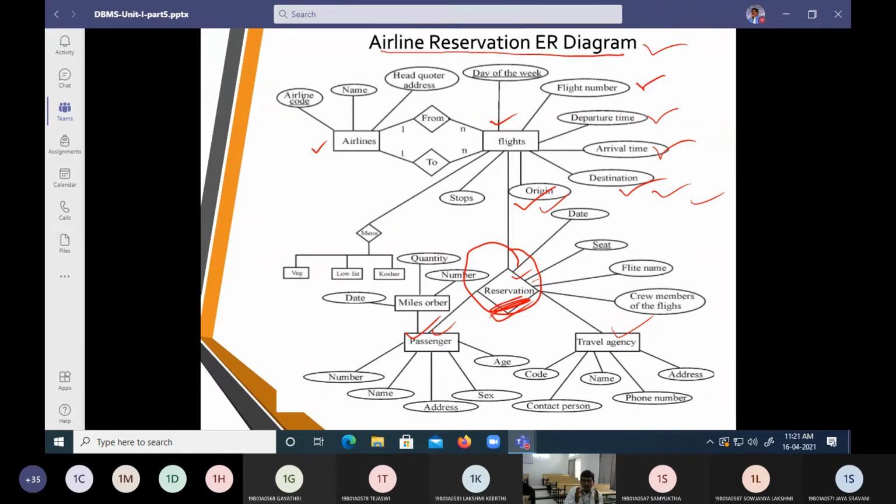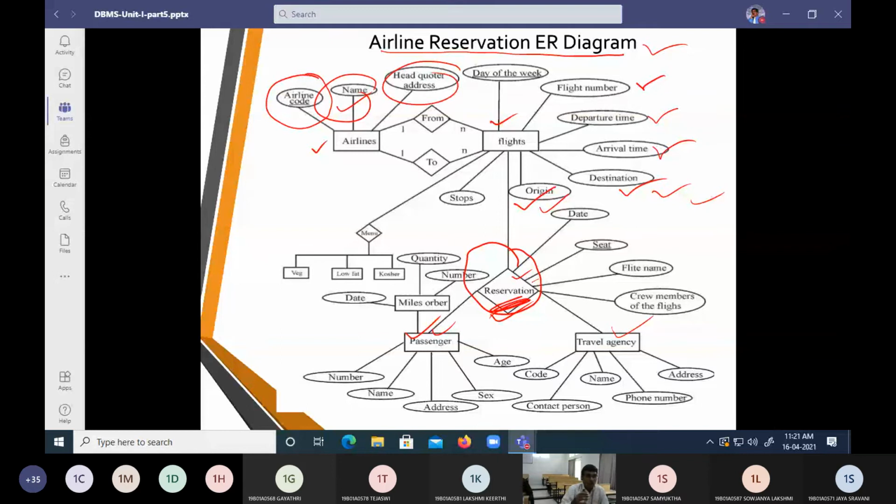Then, when it is going to start, the departure time, and when it is going to arrive at the destination, we are going to call that the arrival time. Next one, we are going to say airlines. Every airline is going to be identified with a code, whether it is Indian Airlines, Gulf Airlines, American Airlines, or SpiceJet. So we need to identify the name of that agency, and that is what we are going to call it.